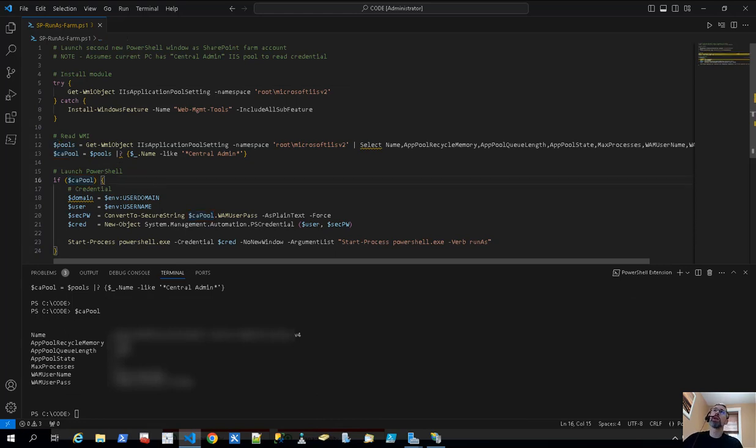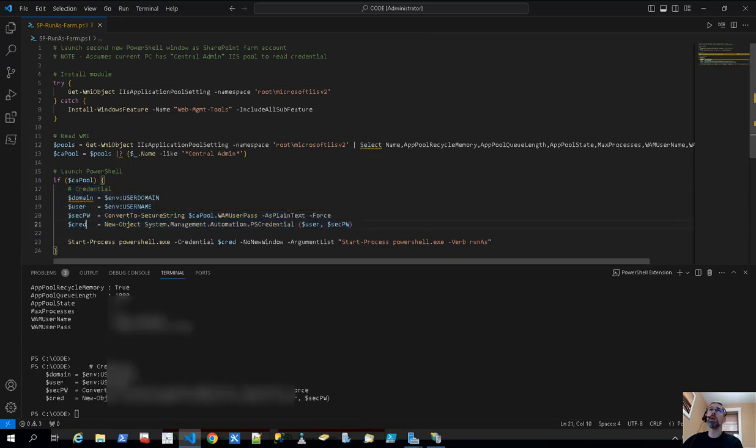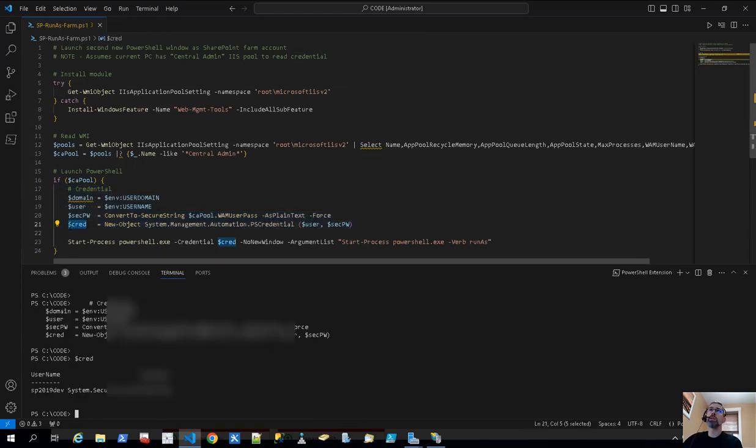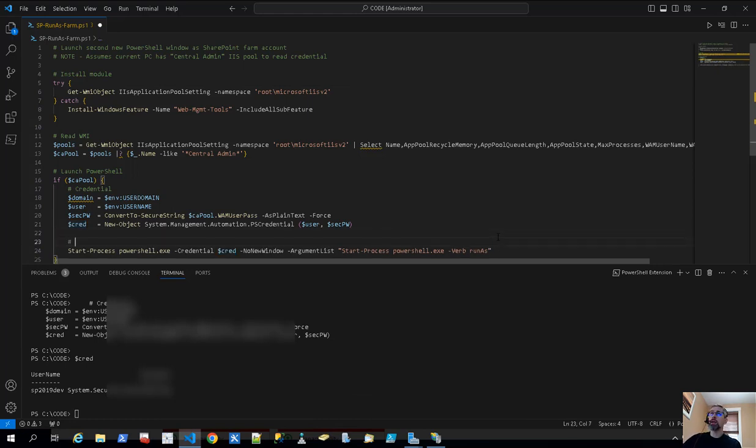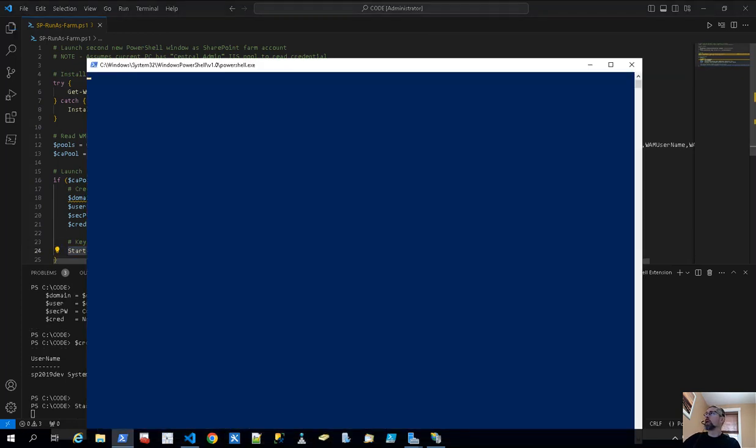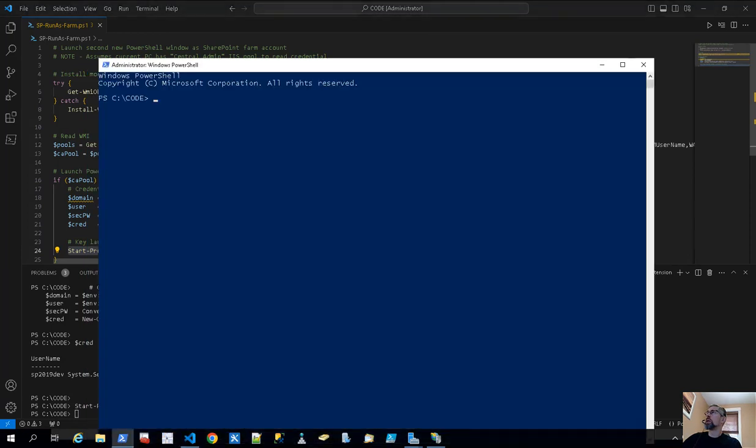At this point, we can go ahead and create a credential object in PowerShell, $cred. We can bring in the secure string version of the password, and then finally execute the key command, which is launching a PowerShell window as the farm account. And with this final command, when we execute, what we'll see is the ability to go ahead and launch that